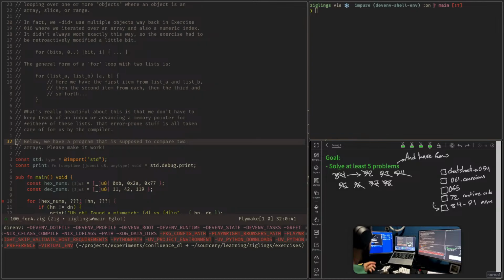Yeah, welcome back to yet another devlog. It's again, I forgot the number. It's probably somewhere around 11 or 12. This hopefully is the last one that I'm going to cover Ziglings. Basically, we are going to finish all the Ziglings exercises that are available in the self-hosted compiler, and then